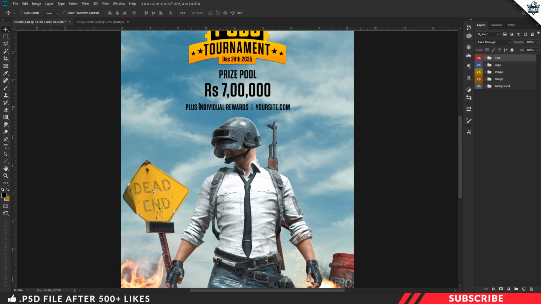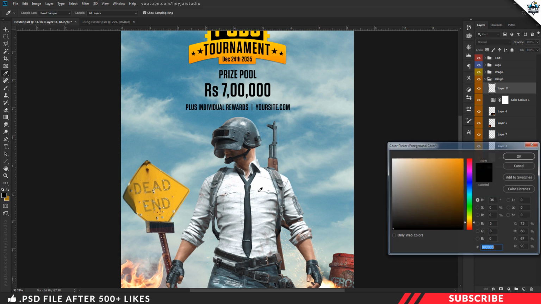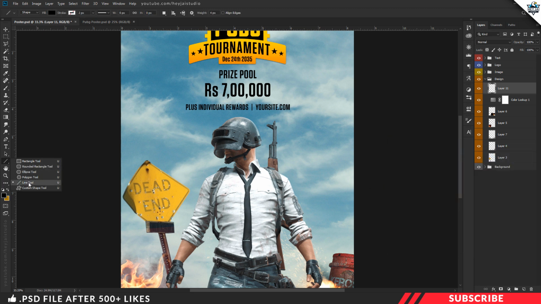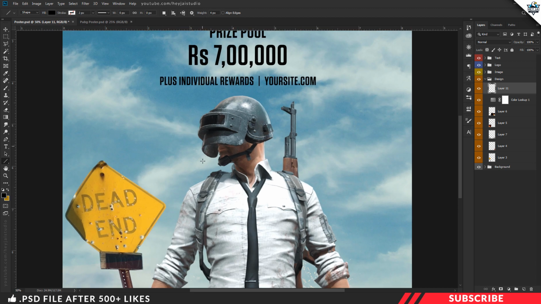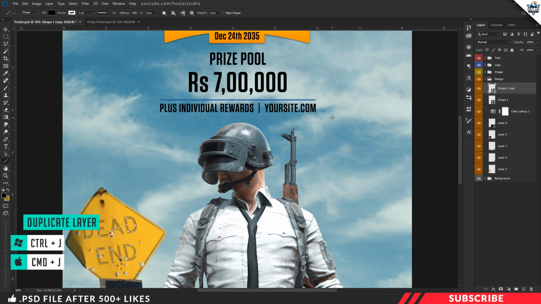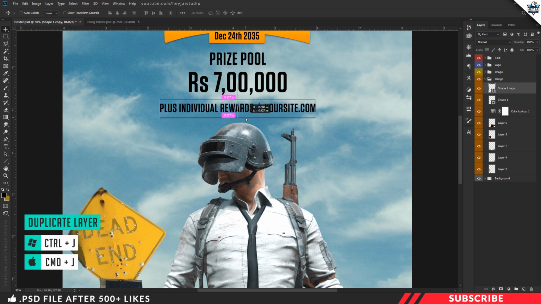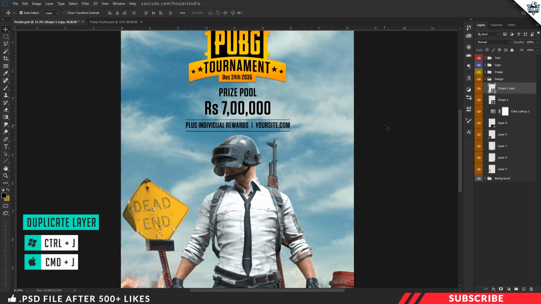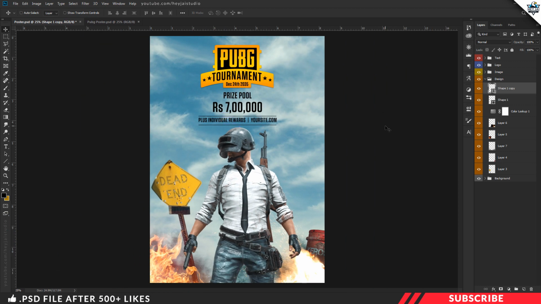Here for the bottom text part, I'm going to create a line design. For that, go to design group, create a layer. Now go to color picker, pick black color. Now pick the line tool, this one. I'm going to keep the weight as 4 pixels. Make sure fill is enabled, stroke is disabled. Now by holding the shift key, create a perfect line shape like so. Now I'm going to create a duplicate copy using keyboard shortcut Ctrl J. Move it down. Now use your keyboard arrow keys to adjust the spacings.